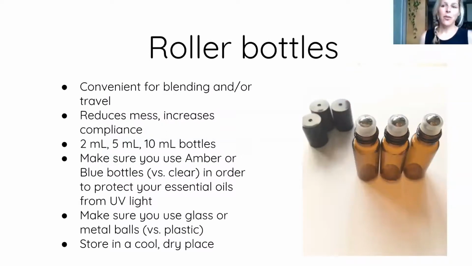A really effective, clean way to use essential oils topically is through roller bottles. These are bottles that have a metal or glass ball on top. You fill the bottle with however much carrier oil you're going to be using. These bottles here are 5 mils, so I'd fill that with 5 mils of coconut oil, and then let's say I'm making a 2%